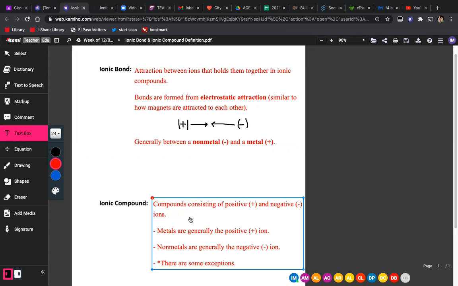And then down here, I added a few more tabs. The first one is that metals generally are the positive ion, and I mentioned that up here. And nonmetals are generally the negative ion. Now there are some exceptions to this, and we'll learn about those further down the line. But right now we're just going to stick to this. Metals are positive, nonmetals are negative. We're going to go ahead and move on to